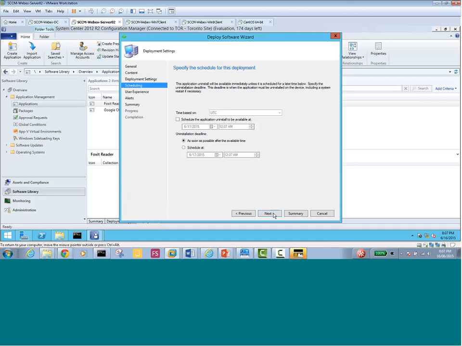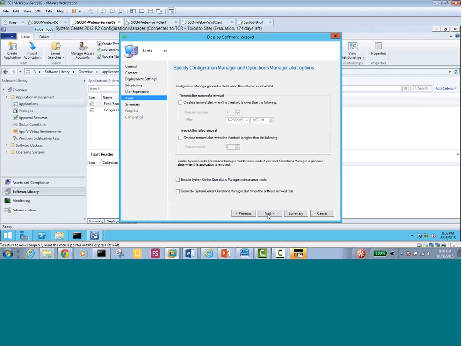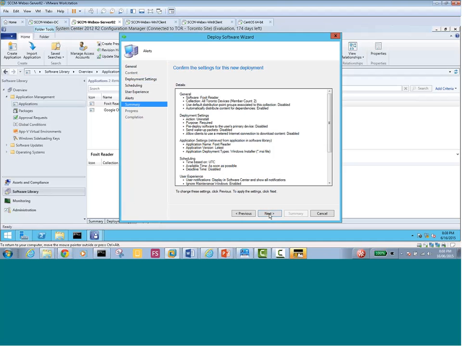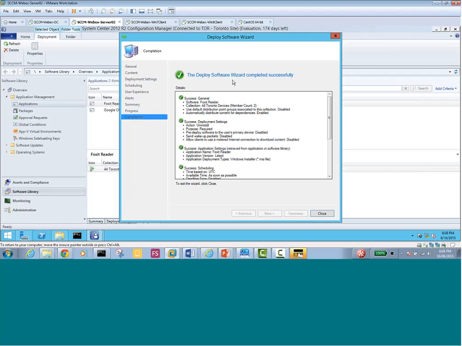Okay, next, as soon as possible. Next, display in the center, yes. And if it requires a restart, restart that. Software uninstall. Before it was installed, now it's uninstalled. Yes, do both. And commit the changes during the maintenance if it goes to the maintenance time. Next. Yes, send us the failure or success reports if there are. Next. Next. Okay. Foxit should be uninstalled